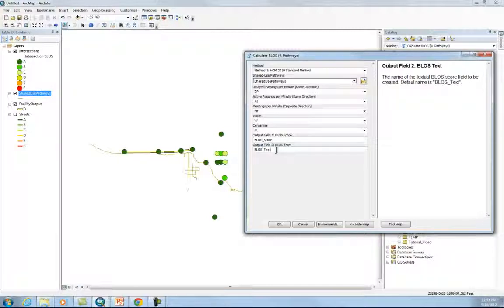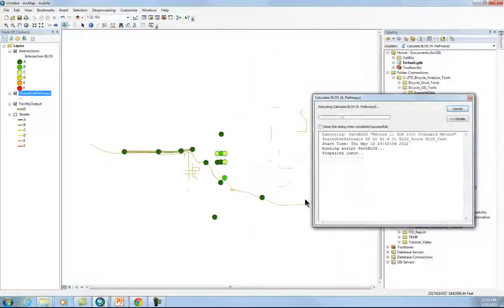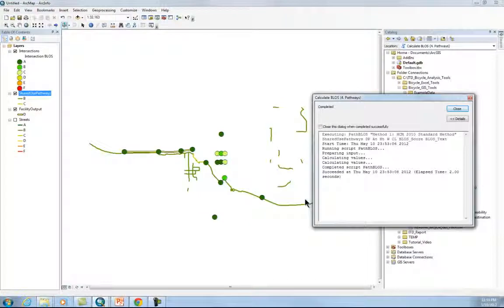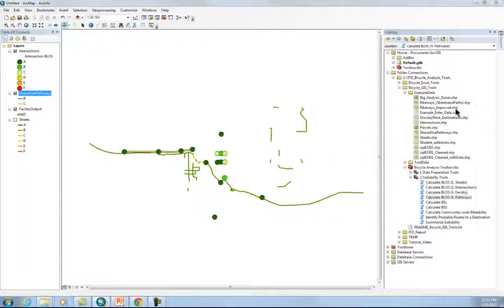We could rename this scenario 1 or something if we'd like to. We'll hit OK and run the tool. And there it ran, and it's showing. Let me turn off that facility. We'll close that. Turn off the facility and the intersections, and to see the bicycle level of service for the